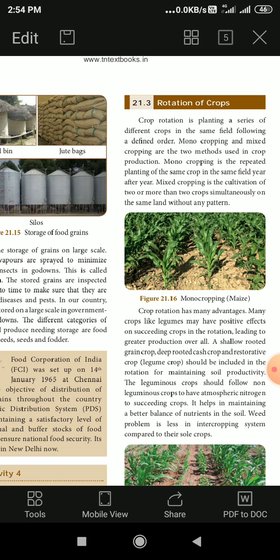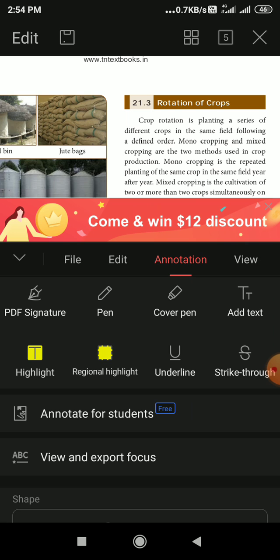Okay. So actually, what is crop rotation? Crop rotation is the